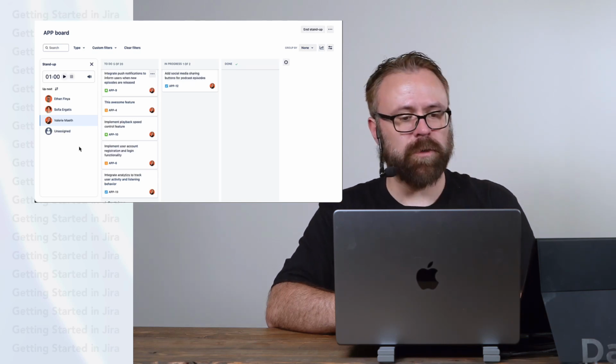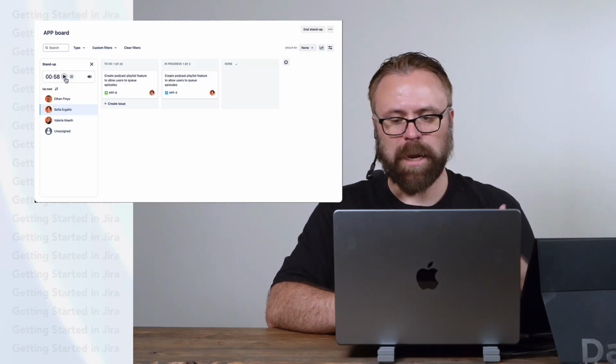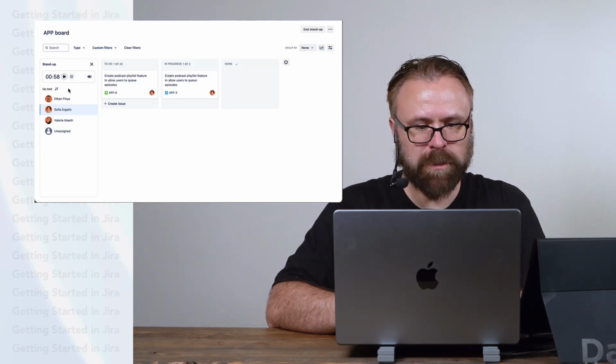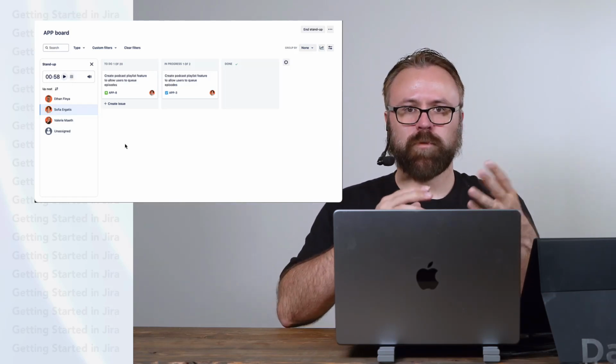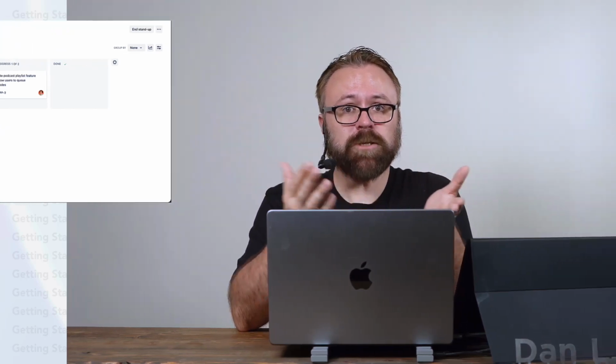There we go. So now we move on to the next person. The timer will automatically start and the process repeats. So in our example here with 3 people on the team, even if we left the timer at the default of 2 minutes, that's a quick 6-minute meeting that'll help provide clarity around what everyone got done the day before,